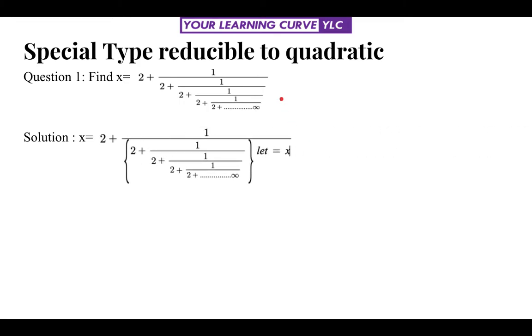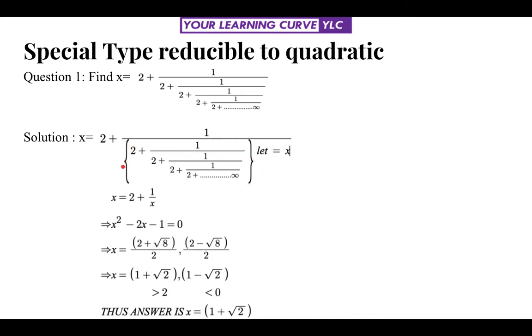So what we observe over here is that x is equal to 2 plus 1 upon this expression repeating infinitely many times. If you remove this first part, 2 plus 1 upon, you observe that the remaining 2 plus 1 upon 2 plus 1 looks exactly the same as the given expression. If we cover this part, this thing in the bracket is exactly x. Out of infinite terms, if we remove one term, it will still be an infinite number of terms. So this is still x.